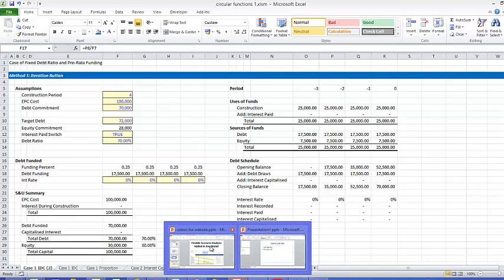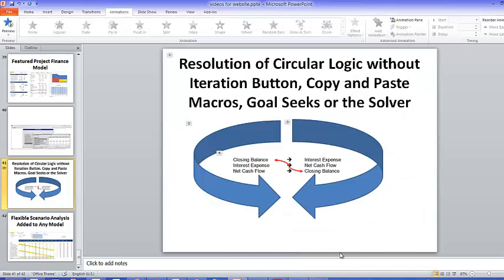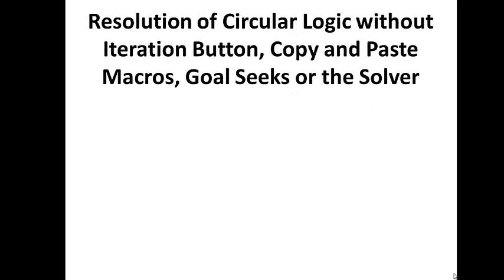Okay, this is a video about circular references. There's a circle, and it's the fourth time I tried it. I'm really getting sick of this. I'm going to show you how to resolve